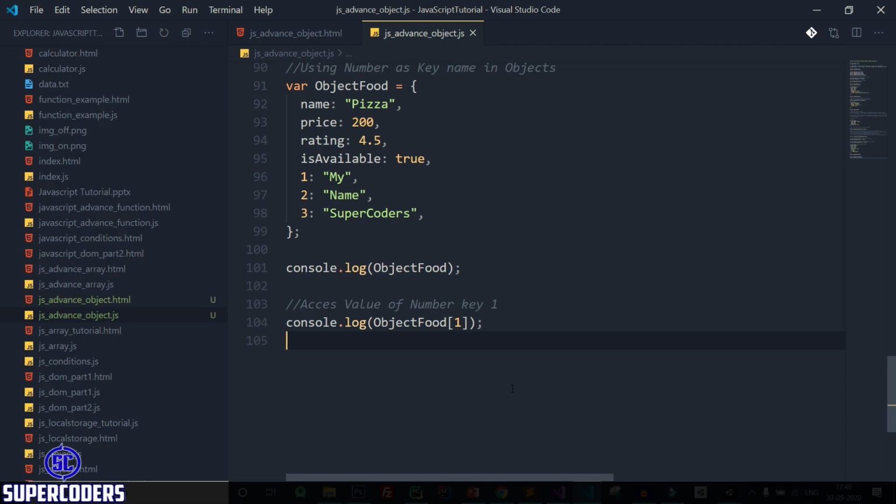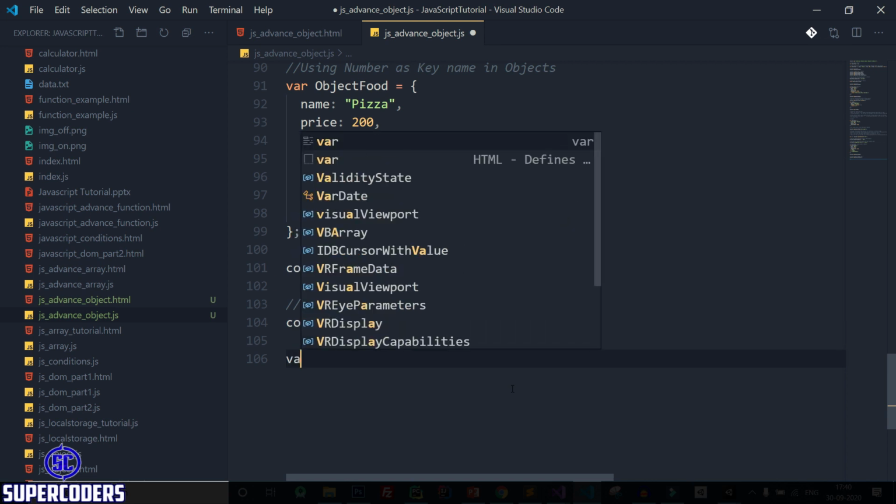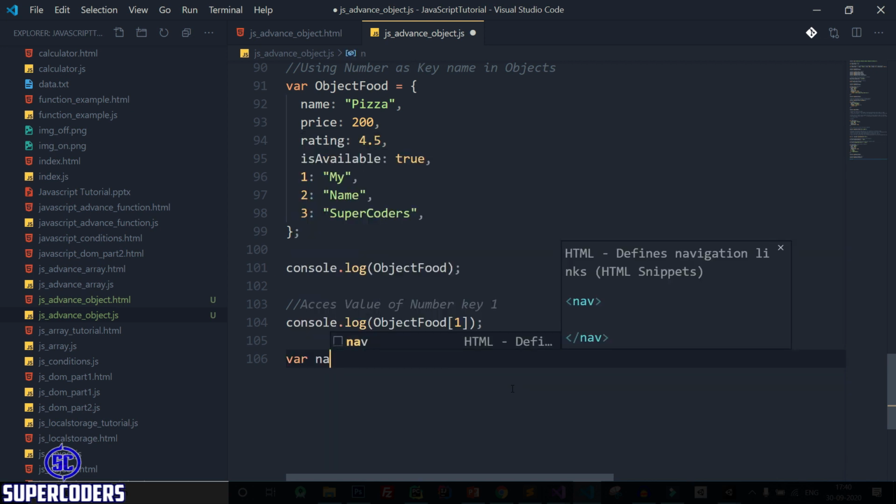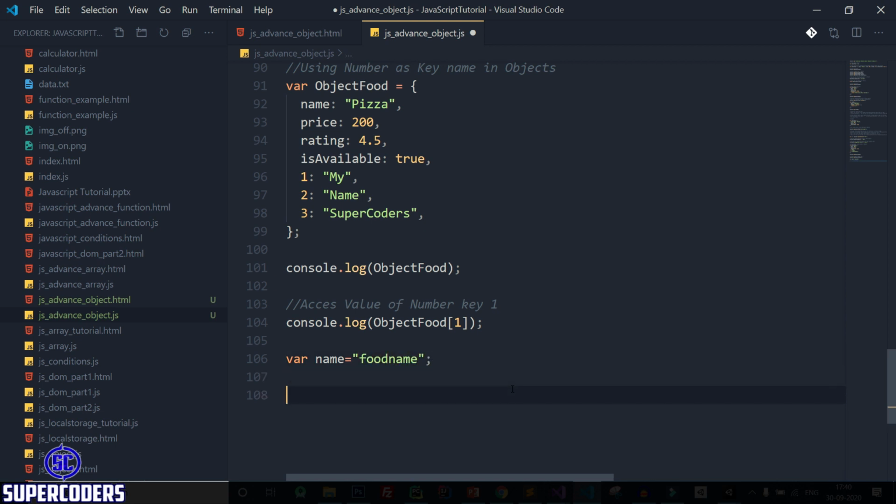Now here one more thing you can notice, that like this, where name equal to food name, and here where food obj equal to name and here setting value like pizza.